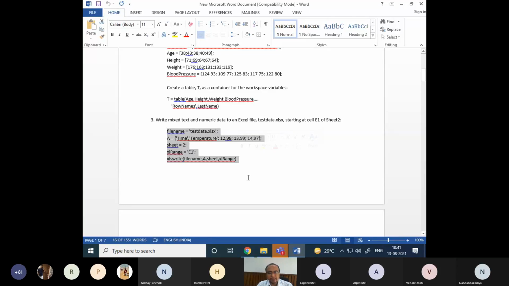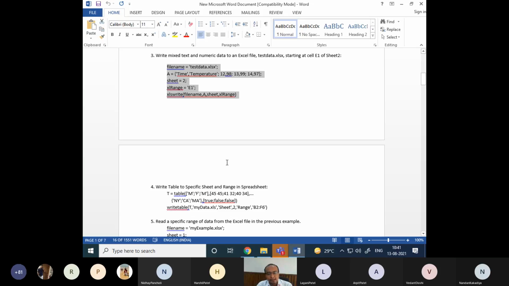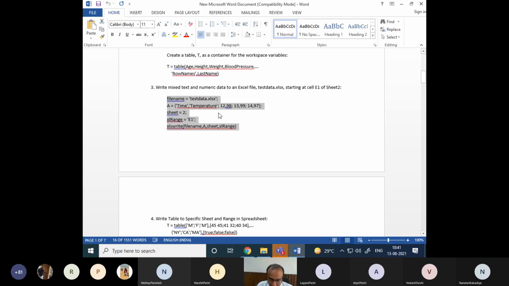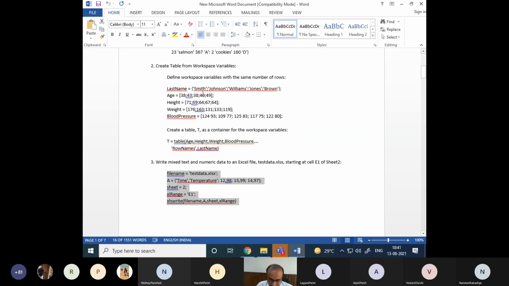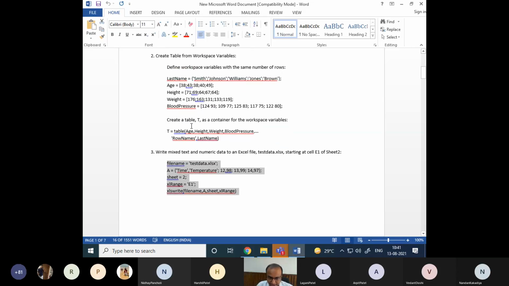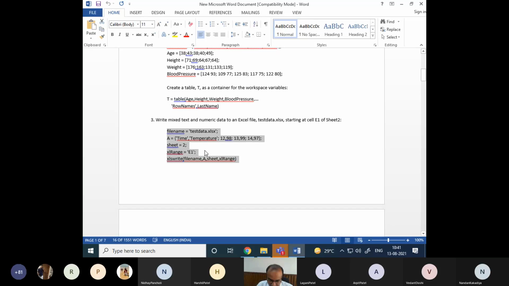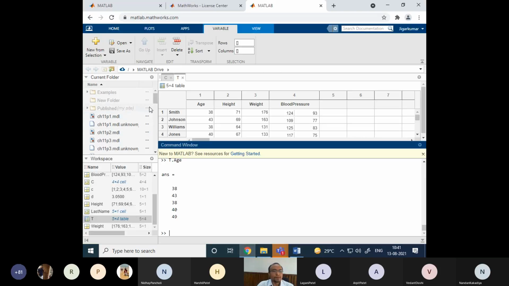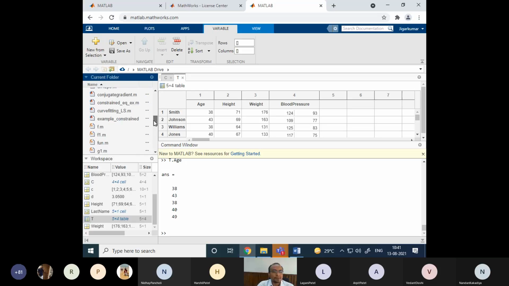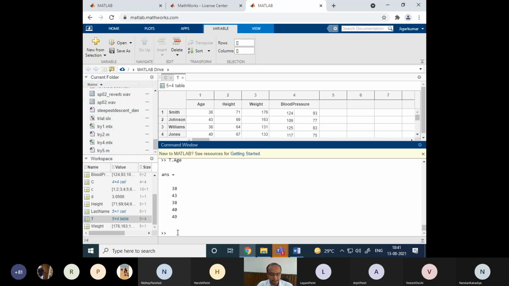I'm taking all the functions one by one. Then we go to writetable. Right now we are writing from the cell array to the Excel file. In the first example we saw the creation of a cell array. In the second example we saw the creation of a table array, or table constructor, we can say. Now in the third example, we see how to write cell data into the Excel file. So let me go to my MATLAB Online. Before that, let me check whether this kind of file is there. No, there is no Excel file in it. So let me type this and run it.